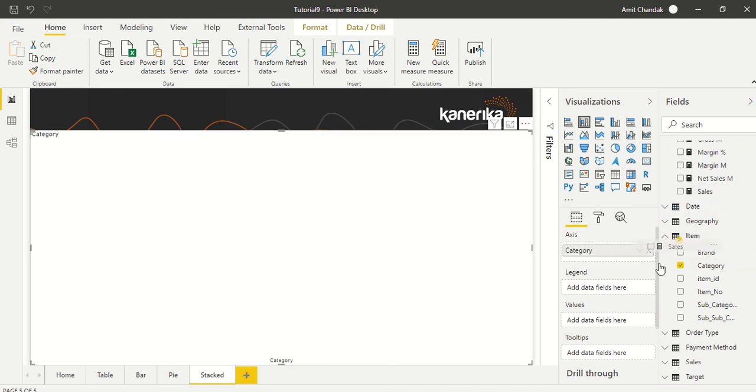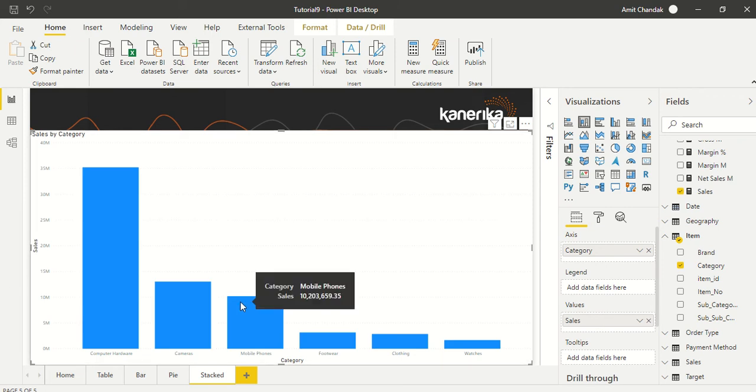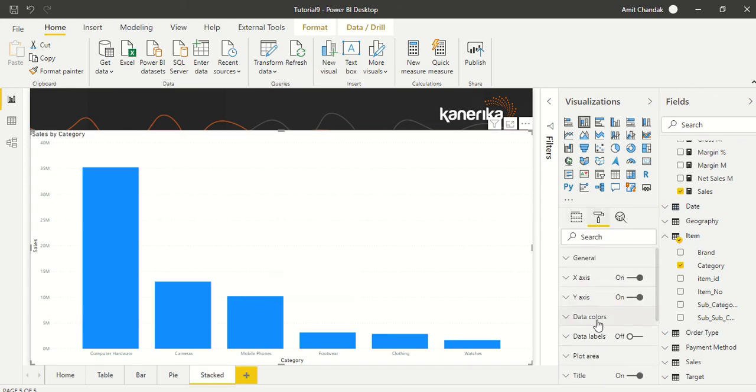Okay, nothing is going to show. Let's put a value here. Now, once we see the value, it's very similar to the bar visual. There's nothing which has changed. And if we look at the properties, we go to data color and then we see the function. So this is the same as the clustered bar visual. We are seeing the default data color and then there is a function option. It means the conditional formatting can work.